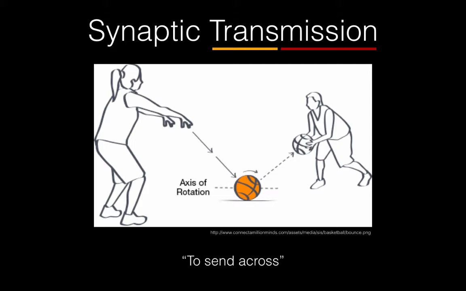Transmission, made of the two root words trans and mission, comes from the Latin mitto, mittere, giving rise to mission, which means to send. Trans means across in Latin. And therefore, the major goal of any type of transmission is to send something across. For example, this bounce pass in this game of basketball. The transmission is sending the basketball from player A to player B.